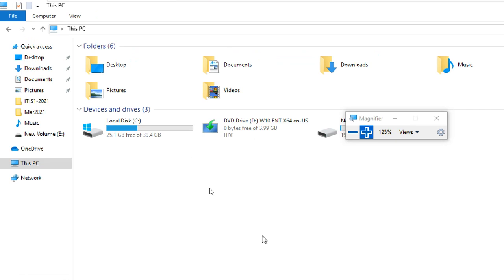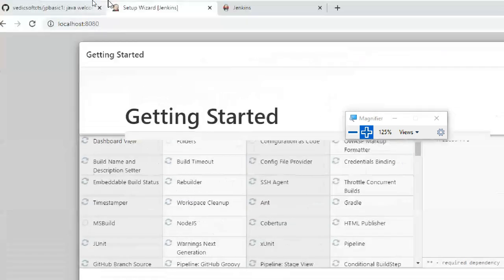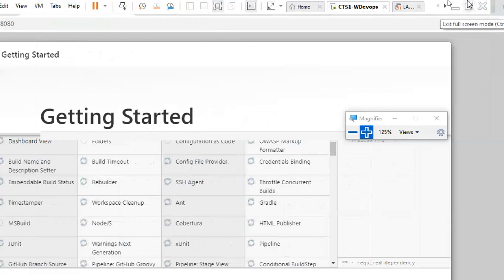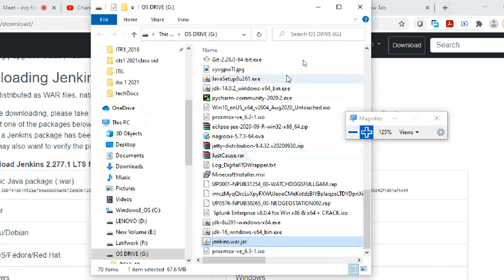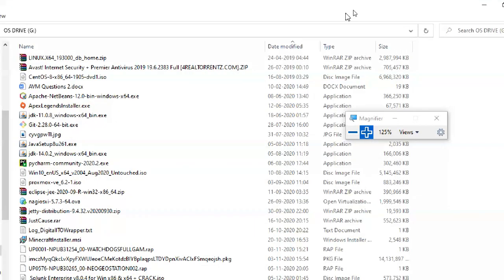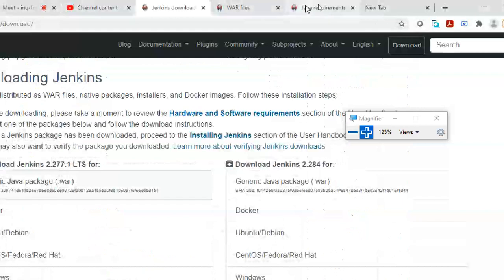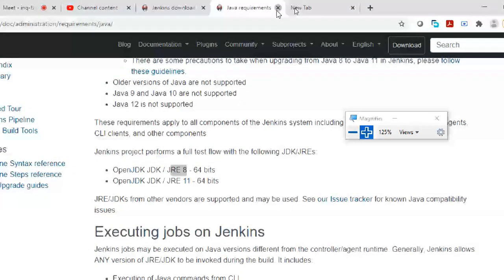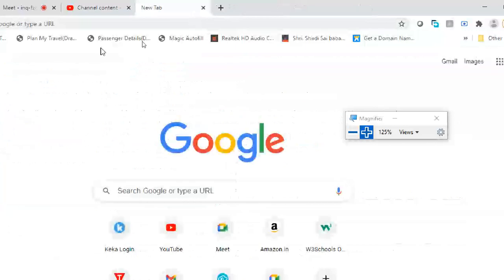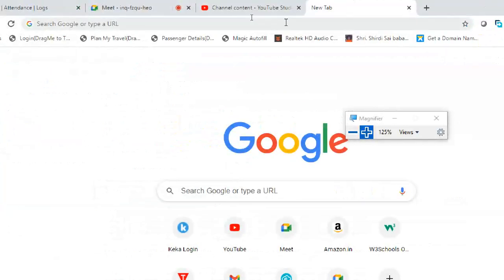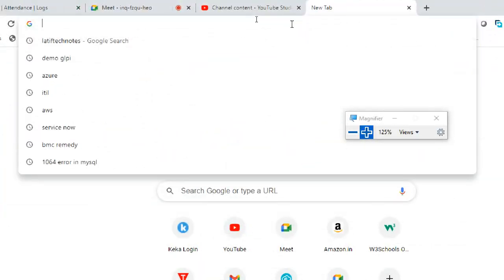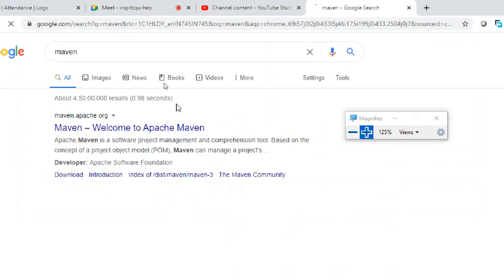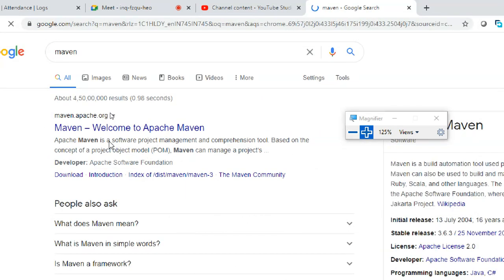There are different tools available, so we can download and use them. One of them is Maven. My system is busy, so I'm closing these things. Maven and Gradle are all build tools.